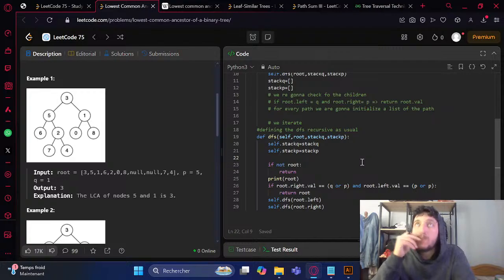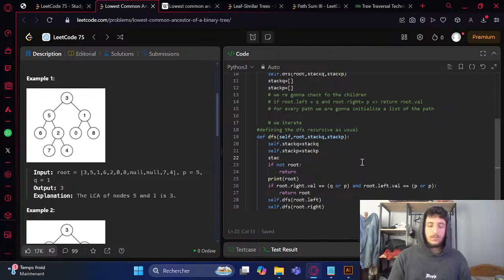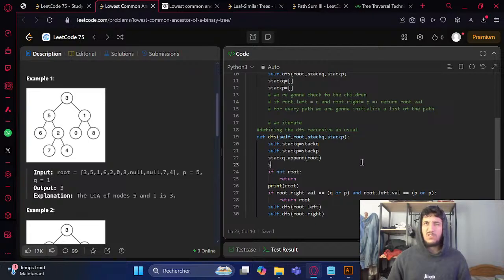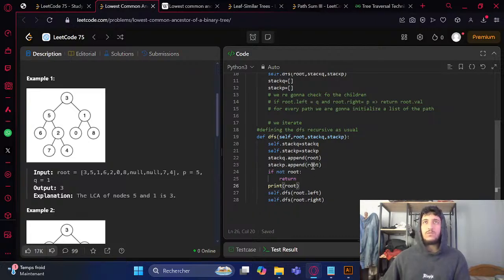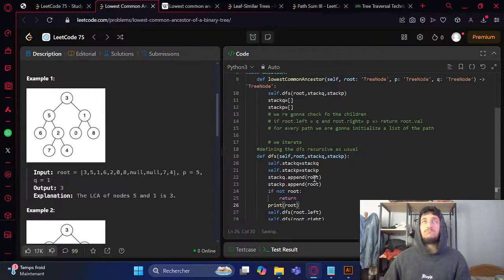Okay, so I'm gonna push to the 2 stacks. So stack Q dot append root and stack P dot append root, and I think we don't need this. We're just gonna run it and then